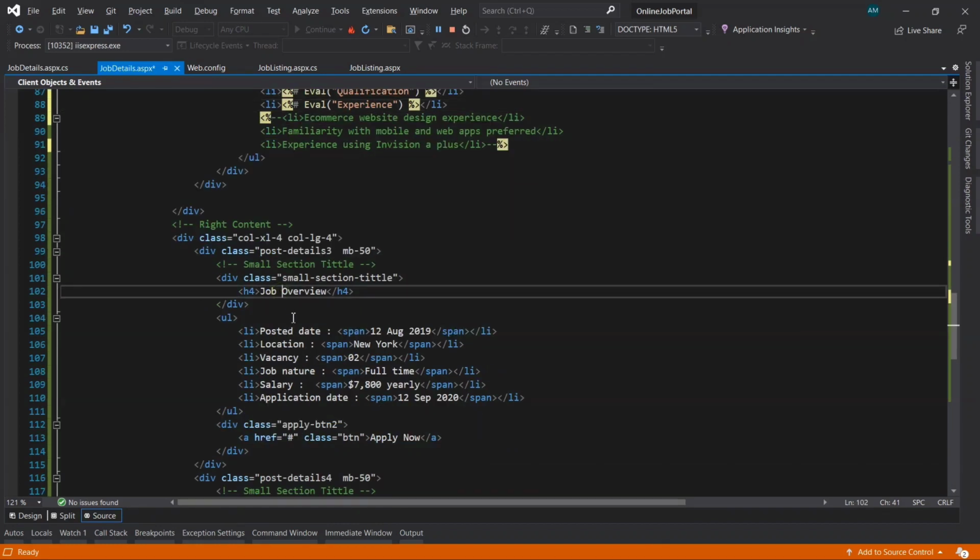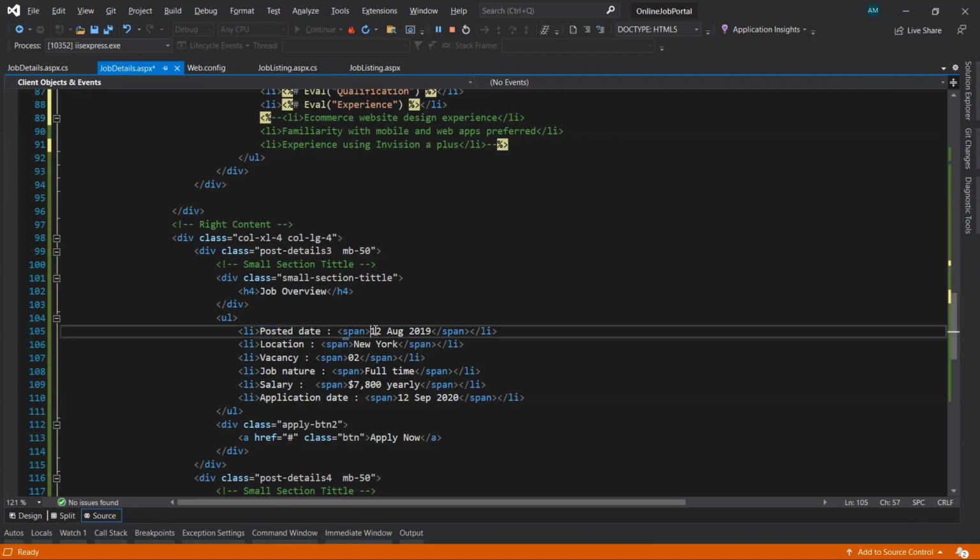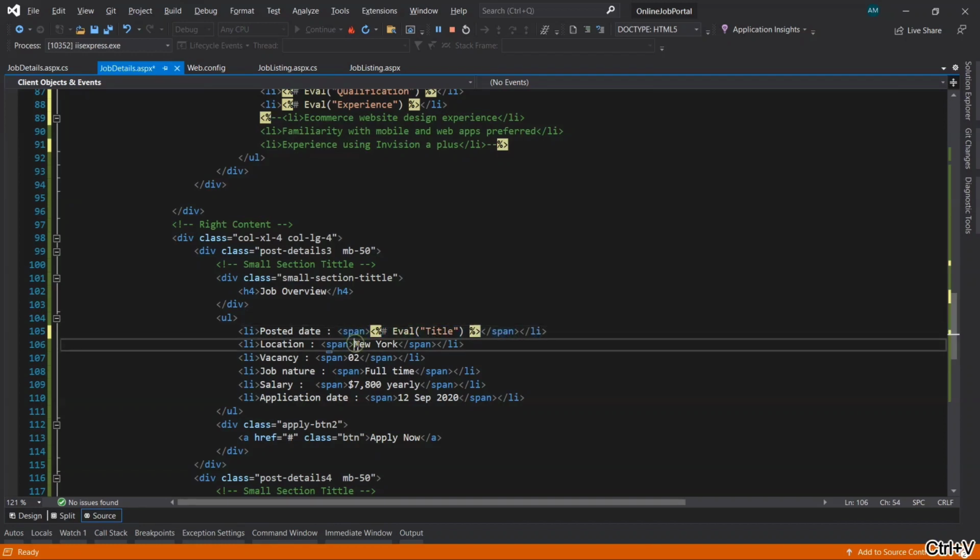Then the job overview here, that is the posted date. We'll display the date when the job was posted. So we'll remove this date from here and paste that code here. The same for this location also. Remove this, paste here.